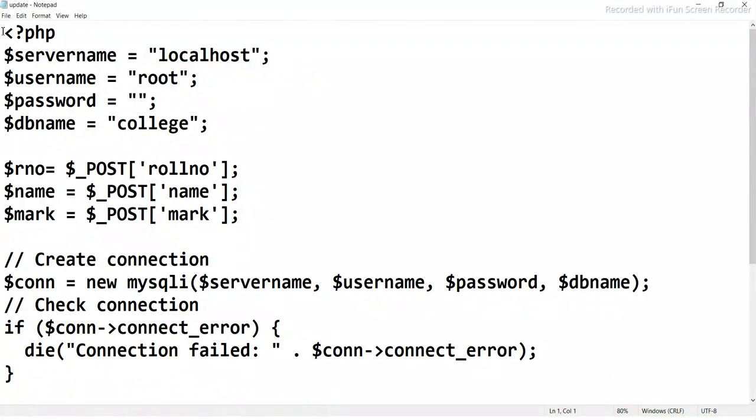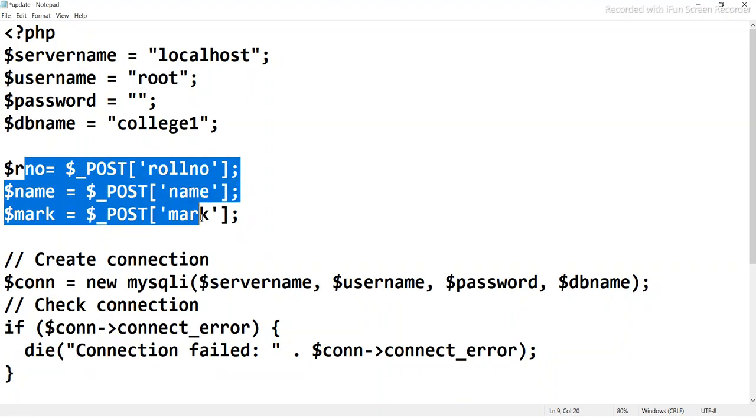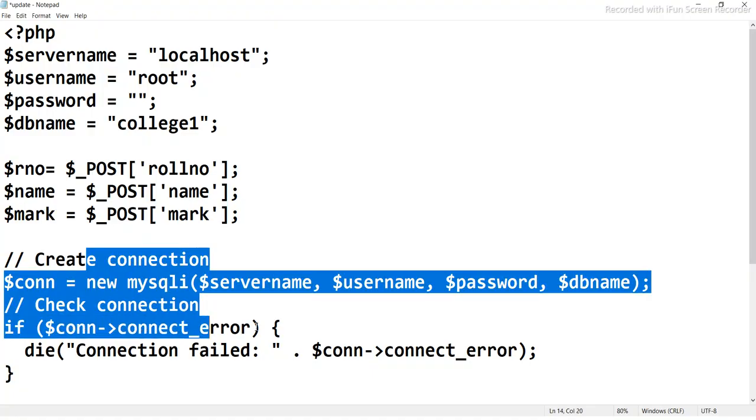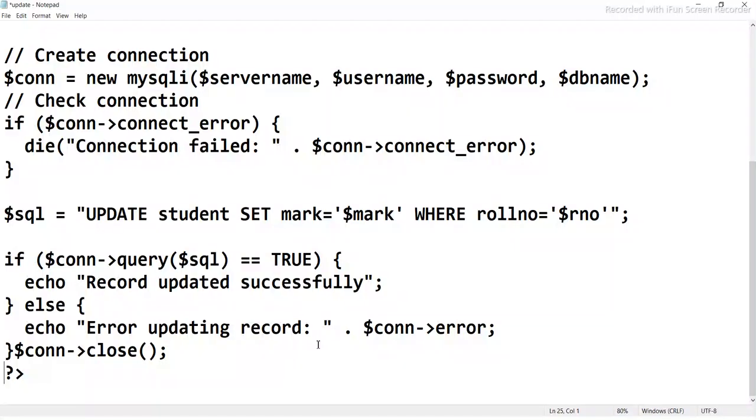So as usual you can see the server name, root, then password, the database name is college1. Then see, I am trying to get the values from the text box, roll number, name, mark. From the text boxes. Then I am creating a connection as usual code. Then I am writing an update statement. So update student1 is the table name. Set